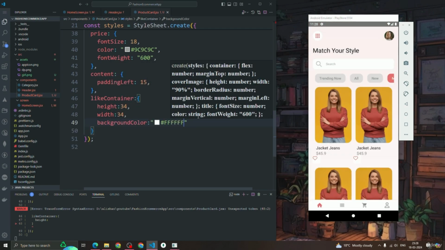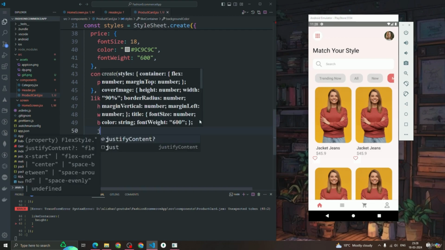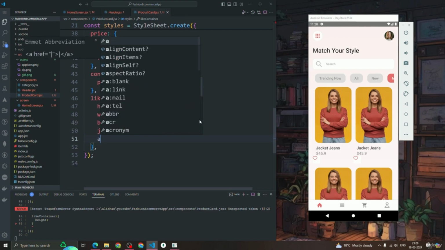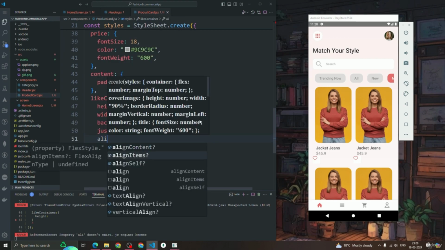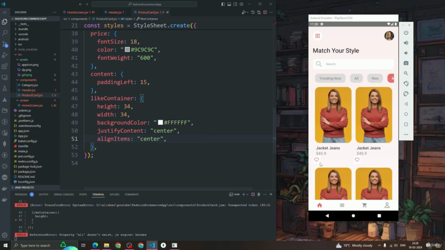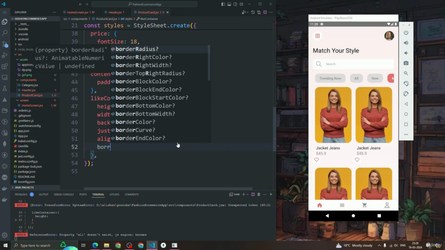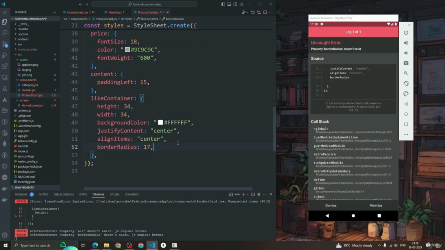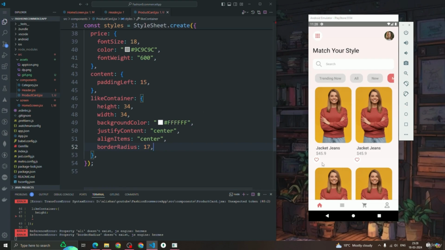Okay, and if I reload this, you can see that it's looking something like this. So I'm gonna have justify content as center as well, align items center as well. We have done the justify content center, align items, and we're gonna have some border radius to make it a circle by passing the value as 17. Now you can see that we have a heart icon,